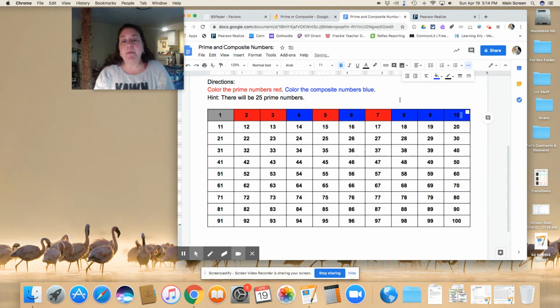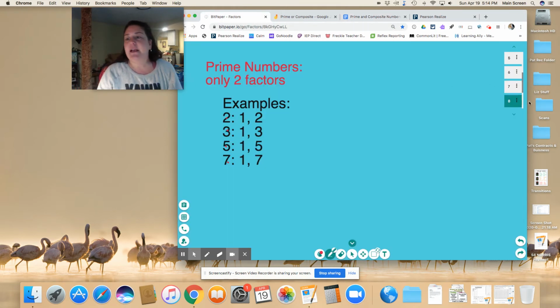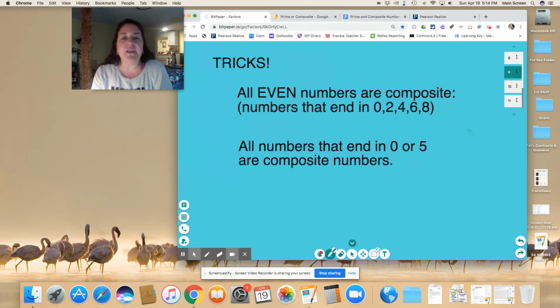Okay? I'm going to show you some tricks, because what kind of teacher would I be without giving you guys some tricks? All even numbers are going to be composite. You can divide every even number by 2. So that makes them all composite. All numbers that end in a 0 or a 5 are also composite numbers, because you can divide any of those numbers that end in a 0 and a 5